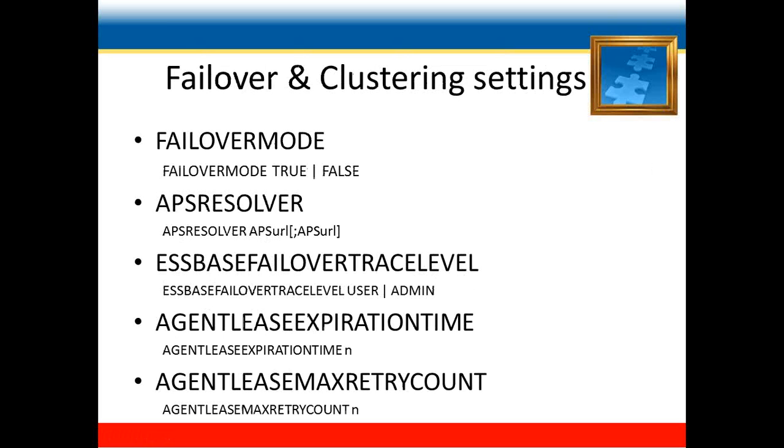Then some of the failover and clustering settings you can also have in this file, for your convenience. First of all, you will have to enable the failover mode if you are using the failover functionality of Essbase. For that you will need to specify settings as shown here. You can either set this option to true or false. If you want to enable failover mode, then you will have to specify the setting